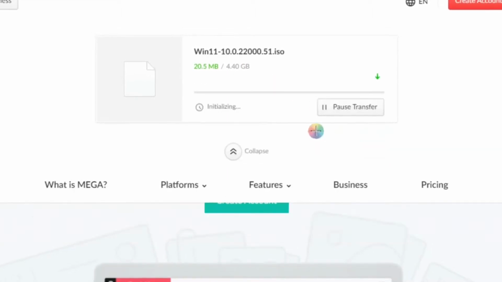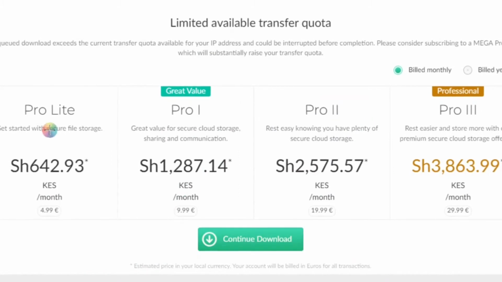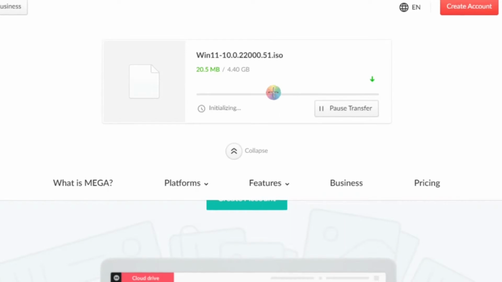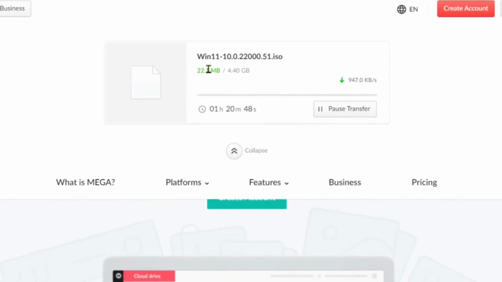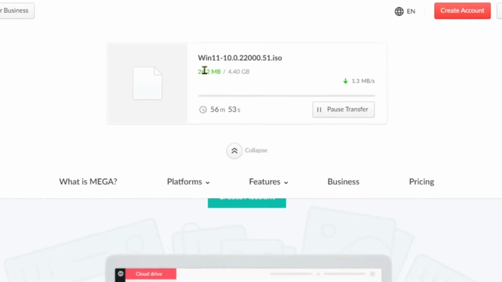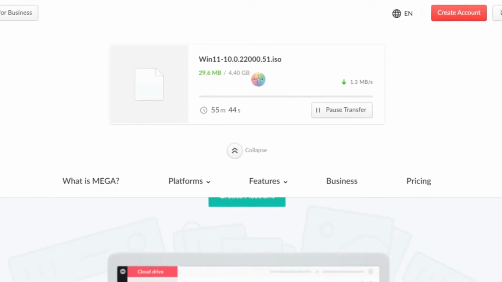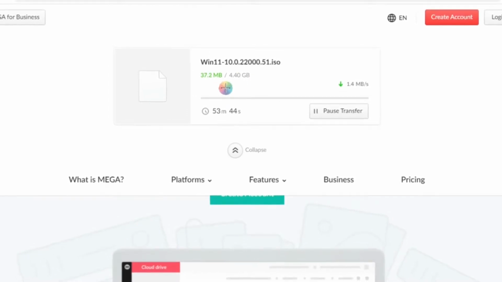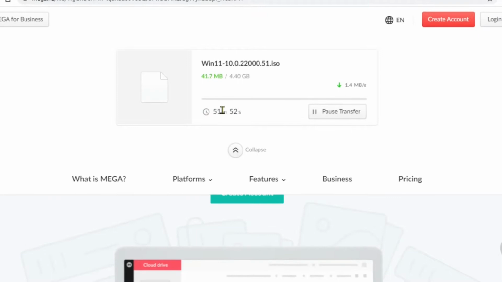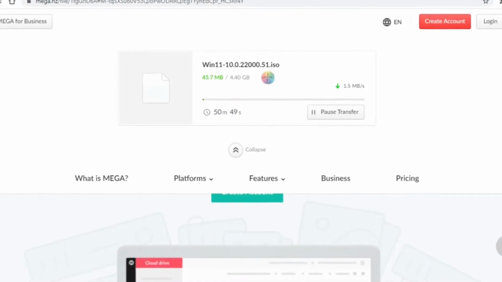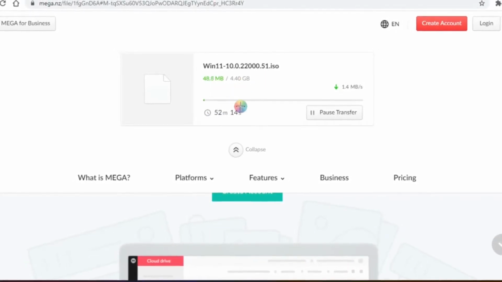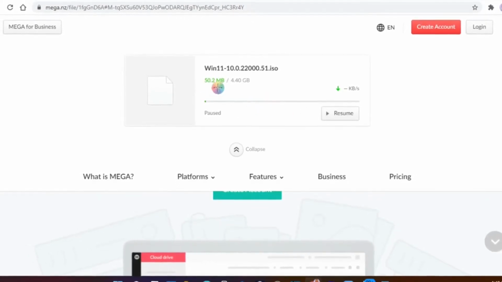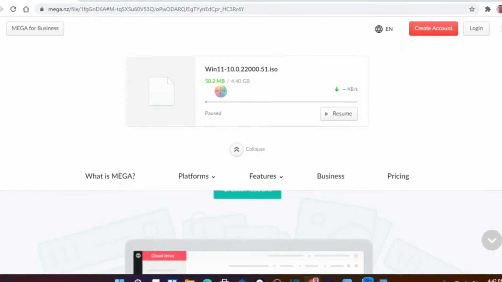So to download, you'll just click on download. Ignore all this, but continue download, and then the download will continue taking place. And because this is a huge file, you will have to wait for some time until the download is completed. So just leave it that way, it takes around 1 hour or so for the download to be done. For me, I have already done the download, so I won't need this file again,